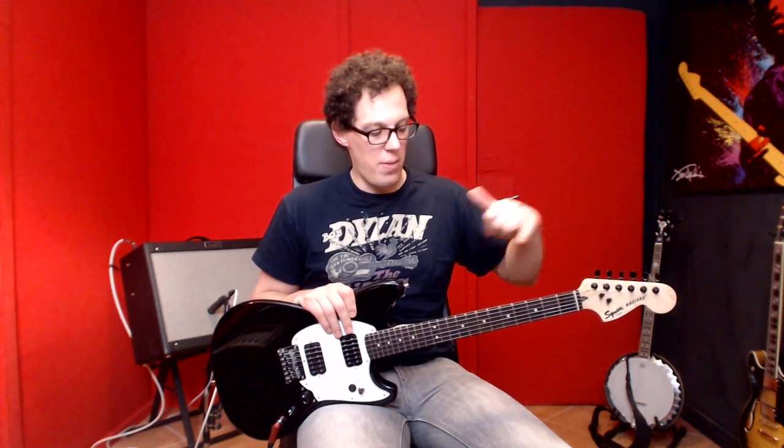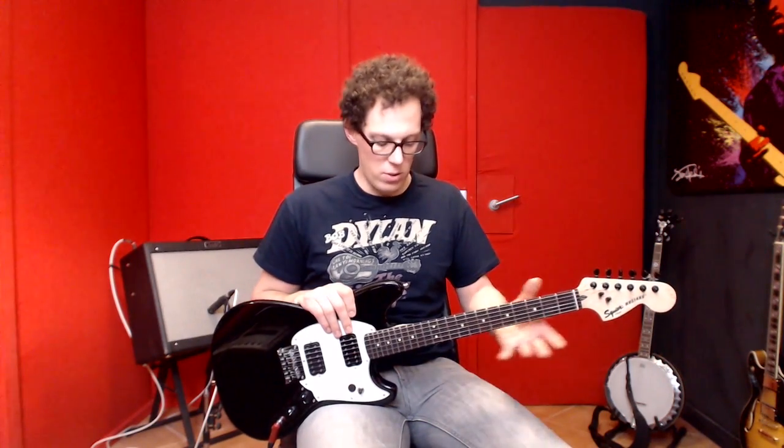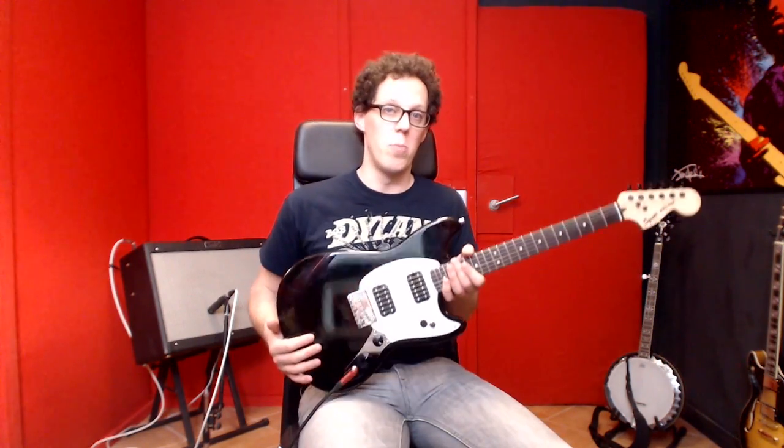I think you need to change the nut, or at least file the nut correctly and lubricate it. I think you also need to polish those frets, because the scratchy frets really don't make for a nice playing experience, and it's such an easy thing to do. Just get it done. However, neither of these two things are as important as the final modification that I did